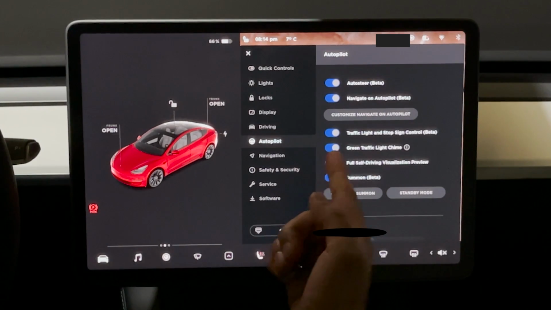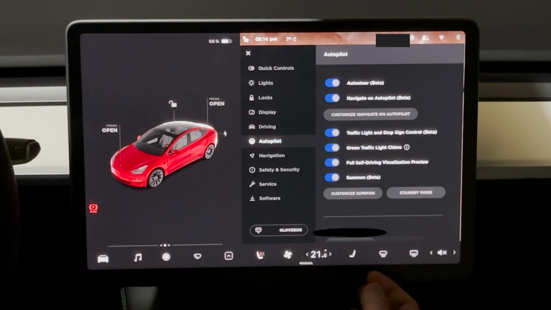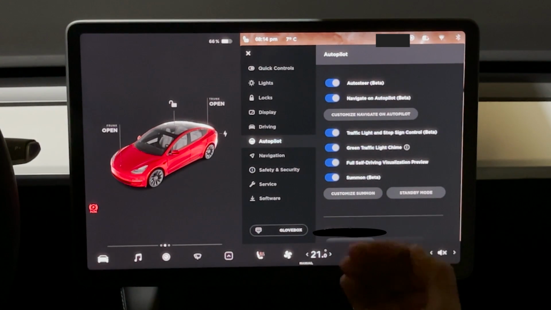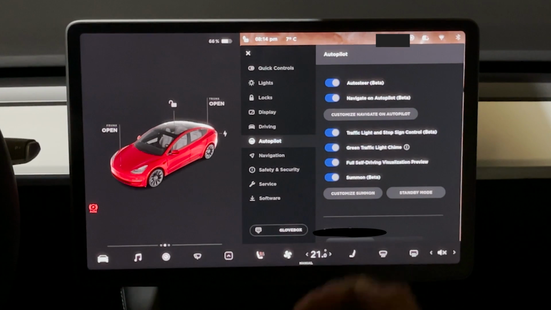Because of the second option which I have turned on, green traffic light chime, it will chime also, but it will not start moving unless I just tap on the accelerator pedal. But in case there is someone else ahead of me who stopped as well on the red light, and they start moving, in that scenario the car starts moving by itself without me tapping on the accelerator